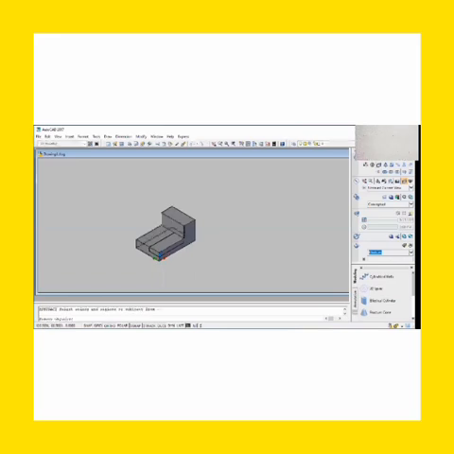So now you want to subtract this smaller one from this larger one. You left click on the larger one, and then you right click outside. You now left click on the smaller one that you want to subtract, and then you right click outside. And that is your subtract command. So now you take your wedge command. You can see it here, wedge. You can click on it, or you can type at the command window WE,